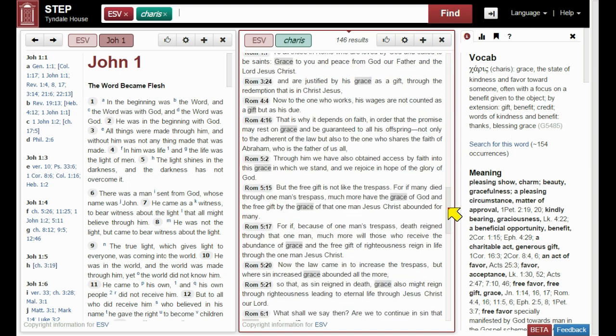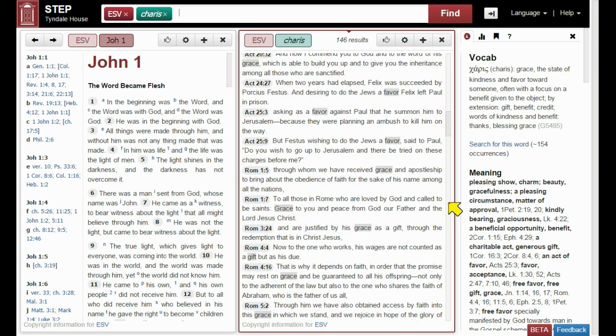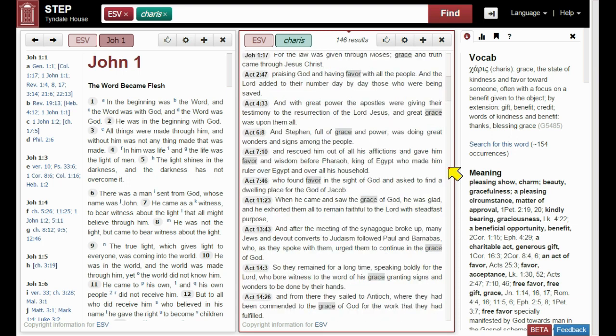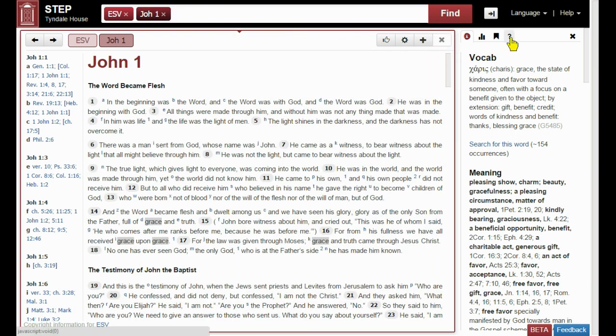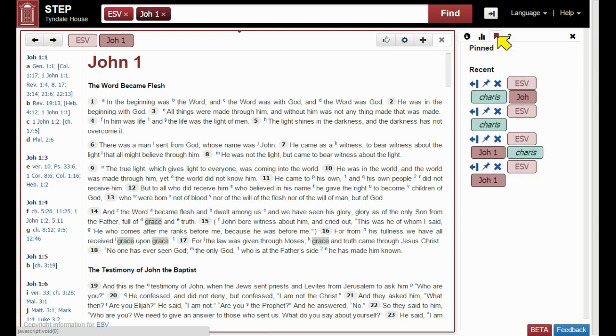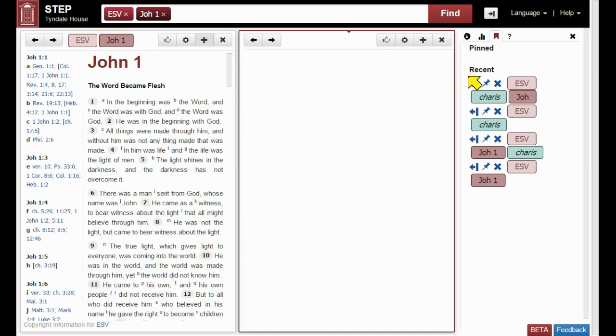How are we supposed to understand it here in John? Well, let's look at how it's used in context. So let's clear some room by getting rid of the search for Charis. Don't worry, you can always get that search back again easily. Everything is saved in a bookmark. If you click on the tab at the top of the sidebar, you can see the bookmarks that have been saved and click on a new panel and restore it again, and then close it again.